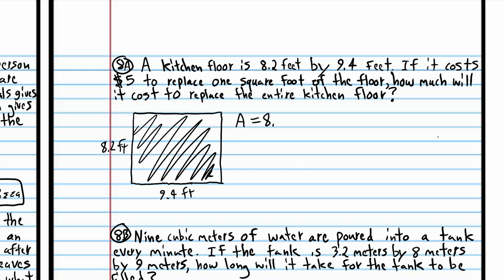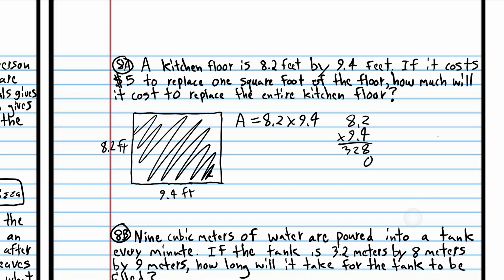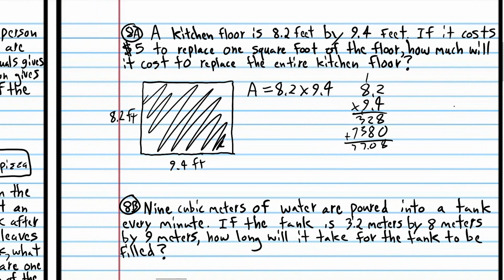So the area is 8.2 times 9.4. And we're going to have to use our algorithm for multiplying decimals. We don't have to line up the decimal. Put your placeholder. And the decimal goes here. It doesn't necessarily go straight down, but it does go there. If you don't remember where to put the decimal, then look at the previous class. Or not the previous class, but the class on multiplying decimals. All right, so we have 77.08